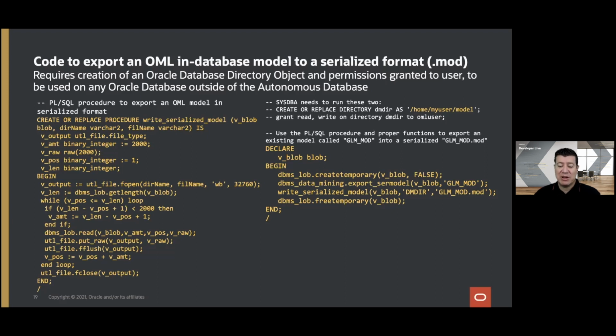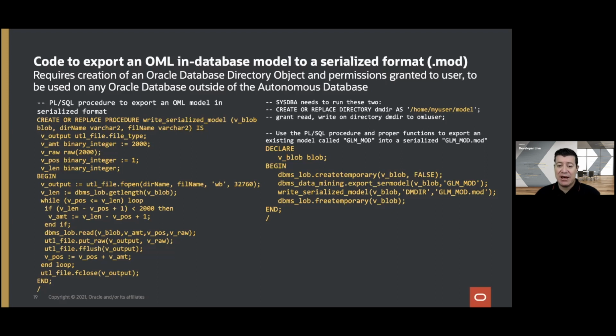So create or replace directory. So you got to create your own directory where you want to store those files. And you need to grant read and write to that directory, not write to the user that's going to run that PL/SQL. But then once you have that kind of authorization, you can run this code on the right, which